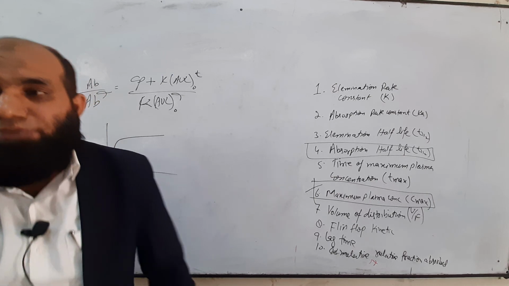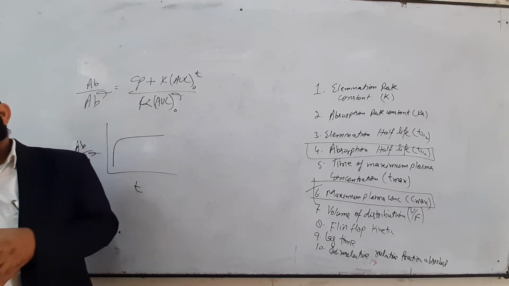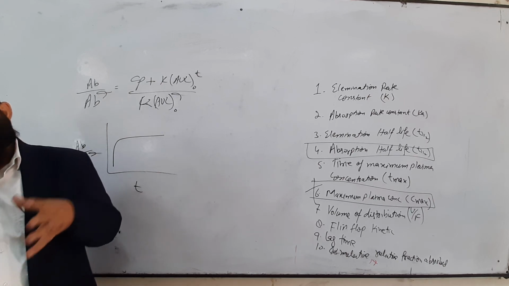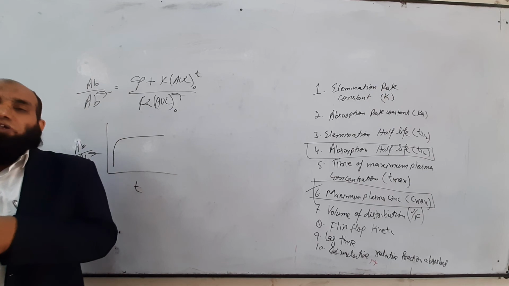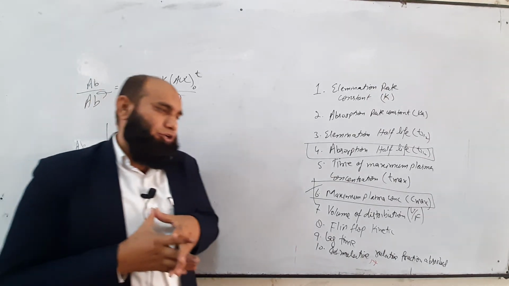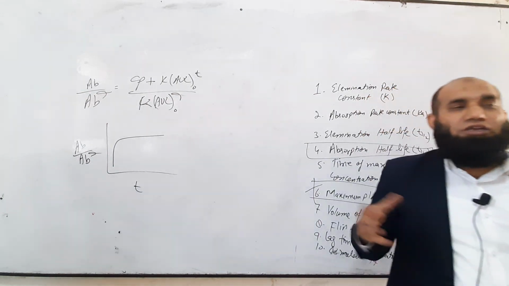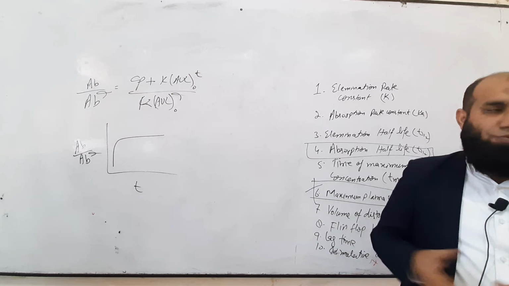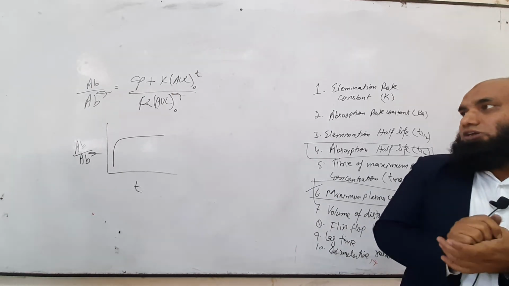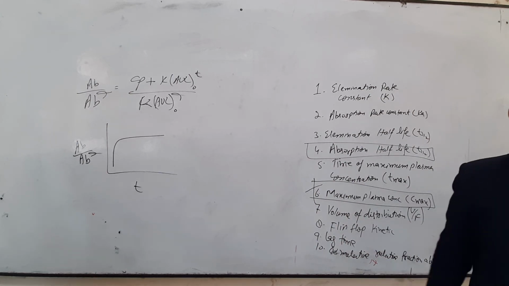This chapter is now over, especially in the conditions where we have used a single tablet, one compartment, no metabolism, the drug is cleared only through the urine, and the drug follows passive diffusion. With one compartment as the basic behavior of the drug, we can calculate all these 10 parameters we discussed in this whole chapter.